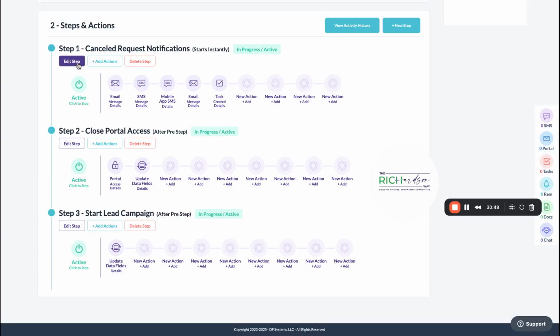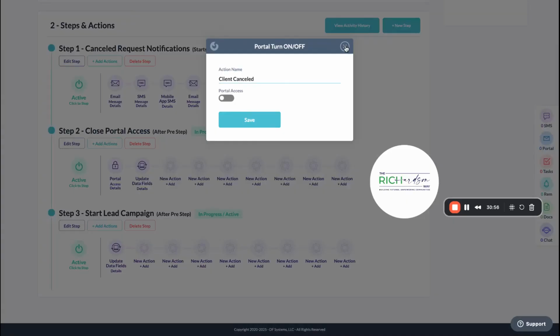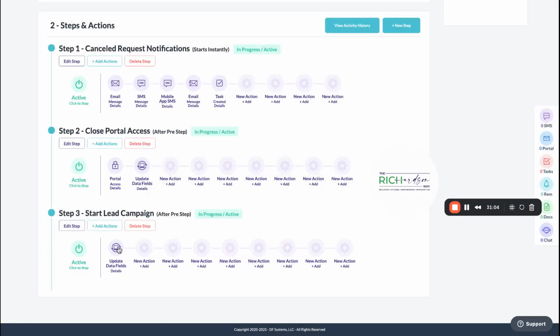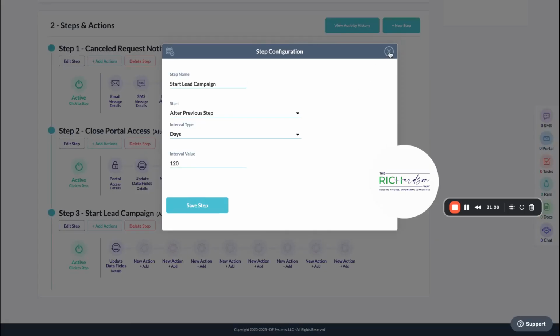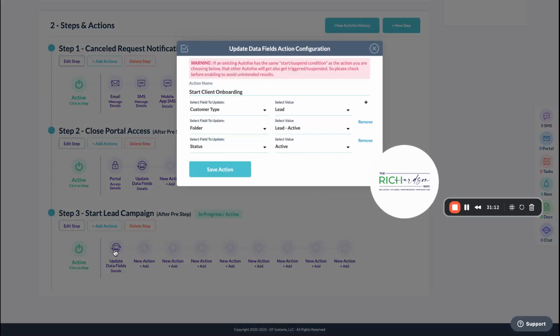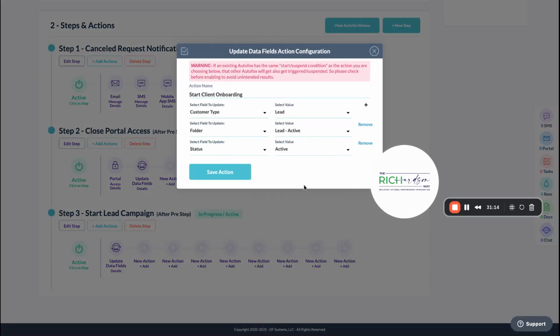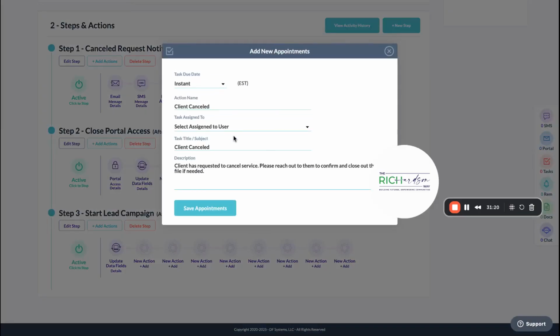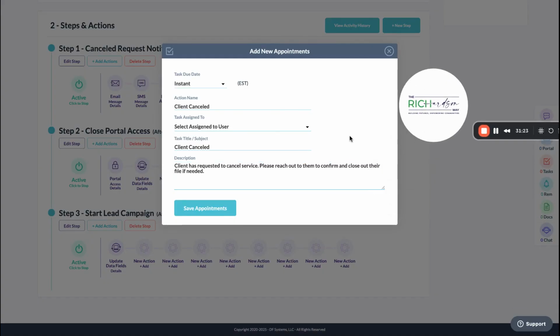So we can say maybe 2 to 3 days later, if they're non-responsive and they still want to cancel, the system will go ahead and close them out by shutting off portal access. The system will also move them over to the client cancel and active folder. And then 120 days later, or 180, but at minimum 120, because you want to give it some space, if you have a lead nurturing campaign built in, you can go ahead and start your lead nurturing campaign. One thing I also want to put here with this task, when I say please reach out to them and close out their file if needed,